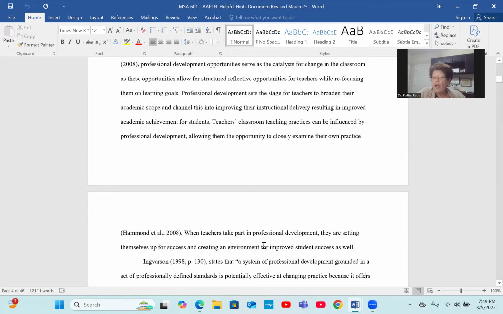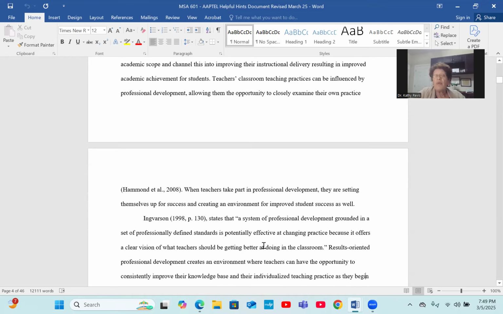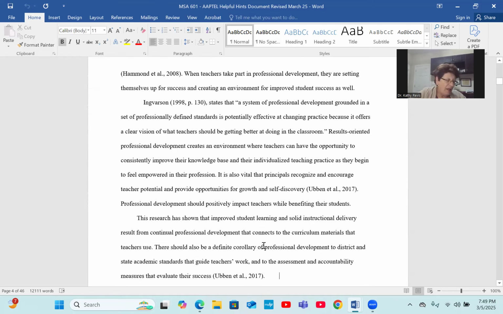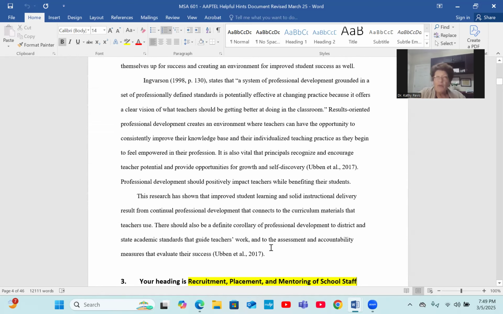There are other researchers who are well known for their work in professional learning and professional development. Guskey is a good one. Hattie is too. Yep, that's your textbook. So again, we must see Darling-Hammond in that section. Again, this is about what the research says. It's not about what you think. It's not about what you do in your school.